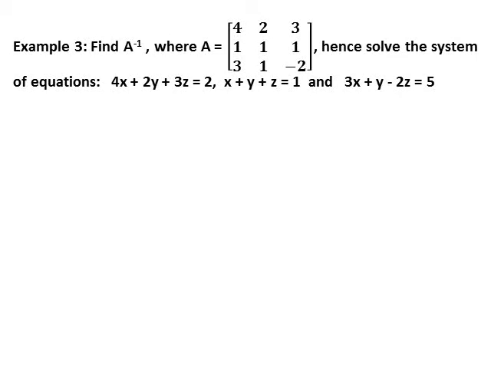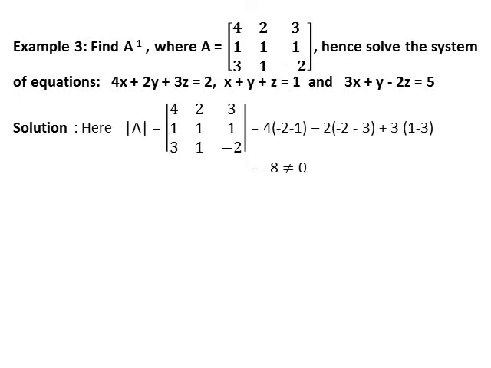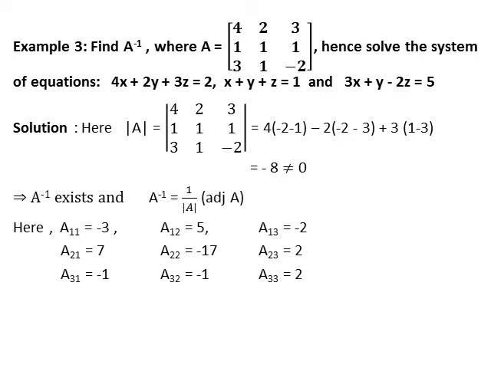Take one more question. In this question, a square matrix A of order 3 is given to us. First we have to find A inverse. Then we have to solve the system of given equations. Now, to find A inverse, first find determinant of A by expanding it along R1 as shown here. We get value of determinant A equals to minus 8. As determinant of A is not equal to 0, so A is a non-singular matrix and inverse of matrix A exists. In next step, find all the cofactors of elements of A.